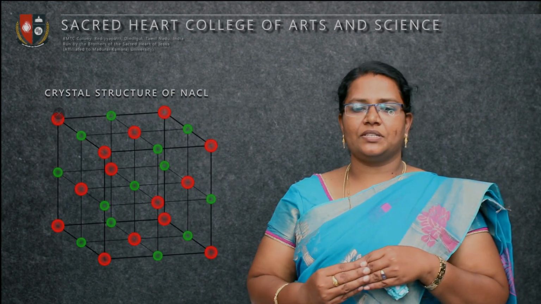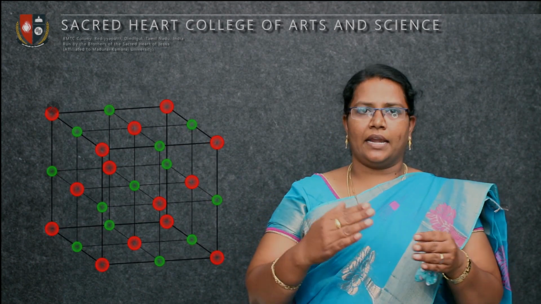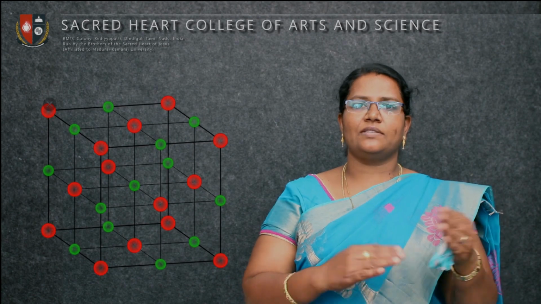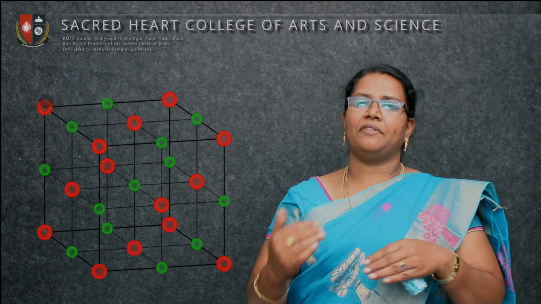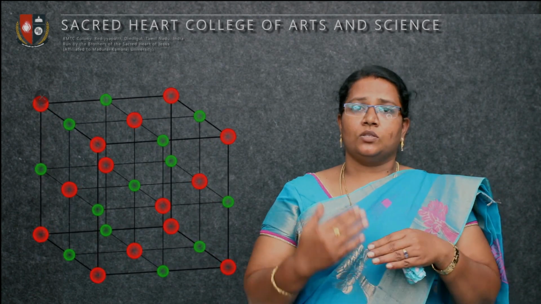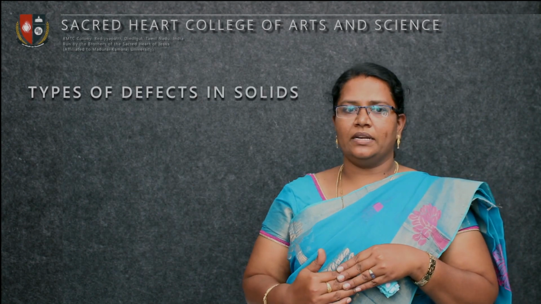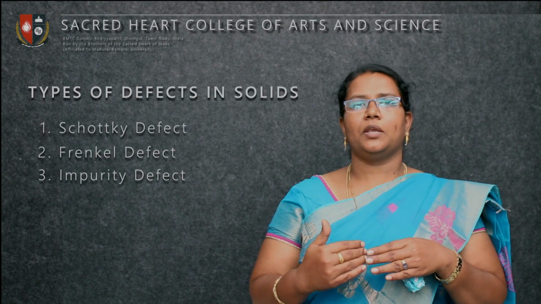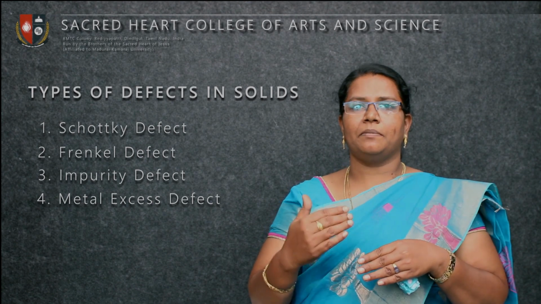So this is the crystal structure of NaCl. Here the anions are connected with cations and cations connected with anions, and vice versa. This is the orderly arrangement of anions and cations. So there are types of defects in solids: Schottky defect, Frenkel defect, impurity defect, metal excess defect and metal deficiency